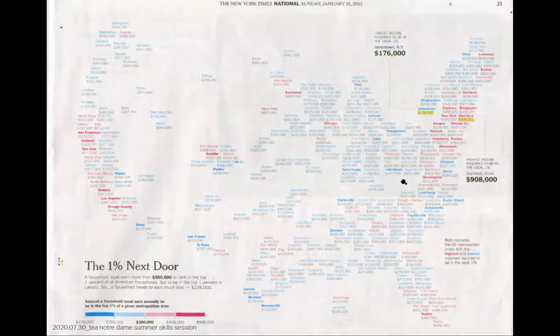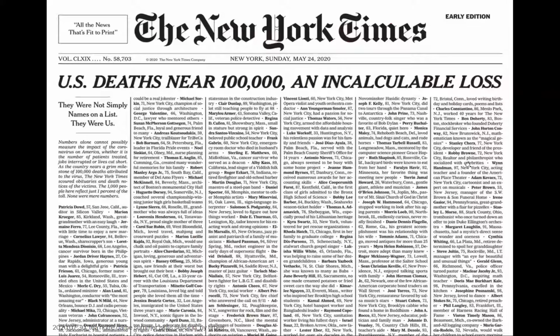And then this is using annotations and text to form the graphic entirely. I mean, you basically have the entire body of the United States formed out of all of these different property values. Quite amazing what the New York Times manages to do with visual journalism. And then most recently, I'm sure a lot of you probably saw this, but this is extremely graphic and extremely impactful in its messaging.